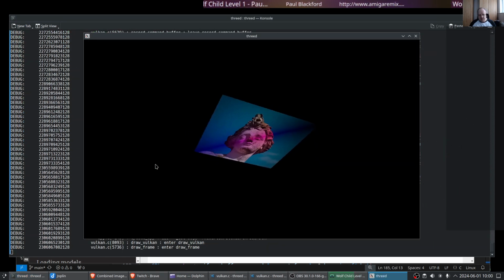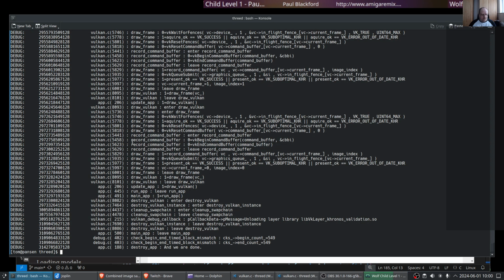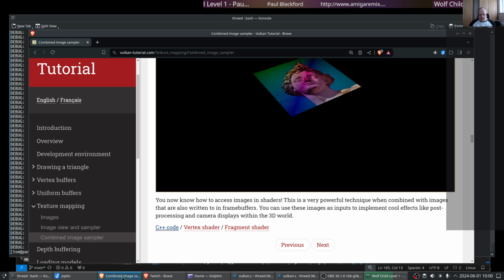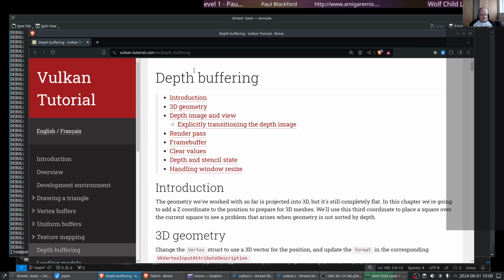Looks like it. So we have some form of texturing as well as color blending. Blending? I'm not sure. Well, whatever. And we were at the verge of depth buffering,